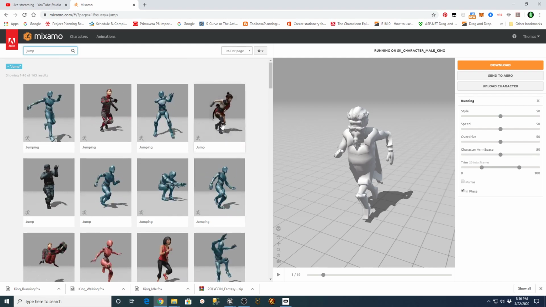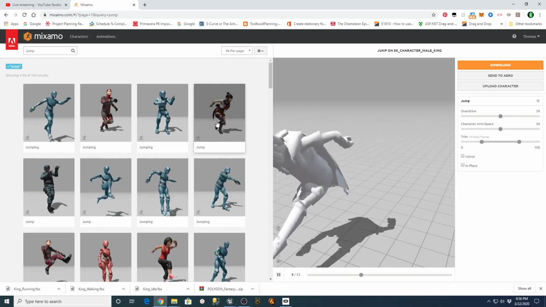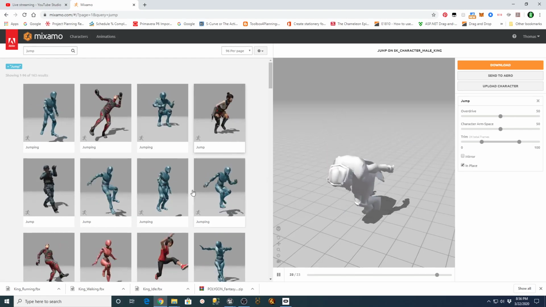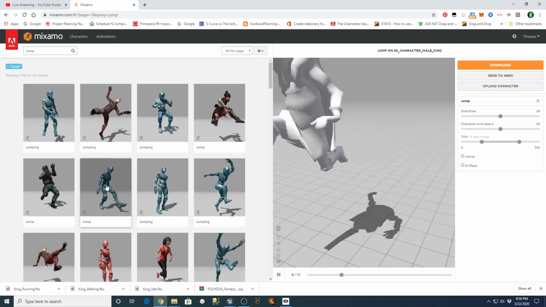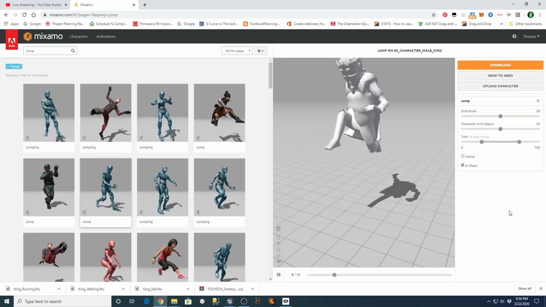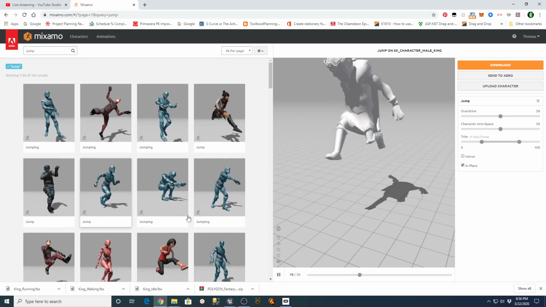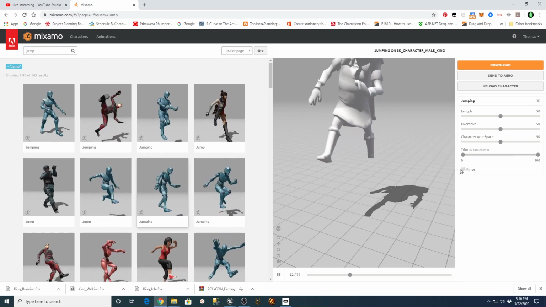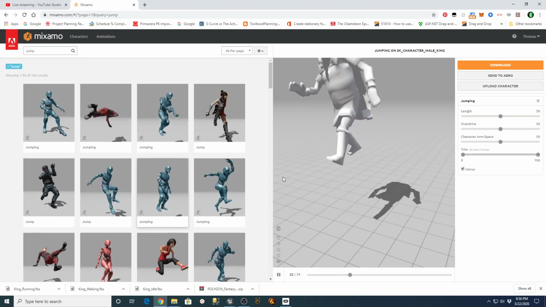And go in place. I don't like that jump. Put these in place. That's kind of a silly looking jump. Let's just jump. It's jumping down. No good.